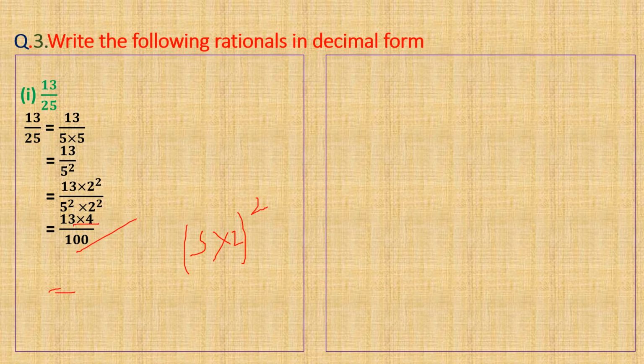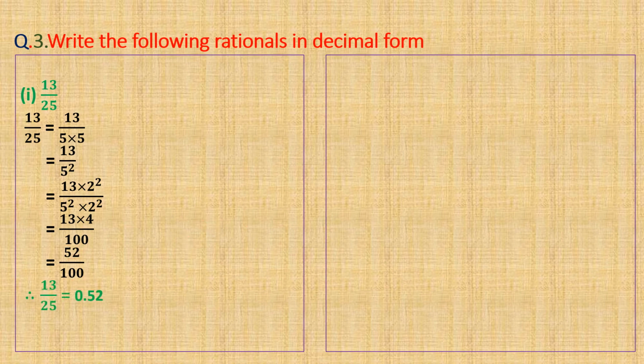Multiply these two and, by checking the number of zeros, you just put the decimal. Okay, so 13 fours 52, 52 by 100. How to convert into decimal? Simple, children, just follow this procedure. Write the numerator as it is, 52, and count how many zeros are there in the denominator. This is 1 and this is 2, 2 zeros. So count from the last, 1, 2. So finished, you can put a point and put a 0 here. Okay, so your result is 0.52.